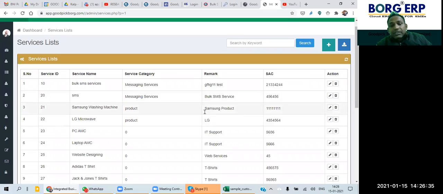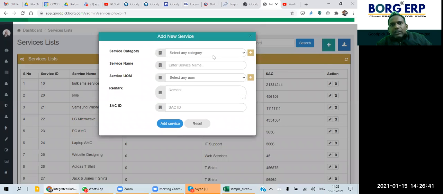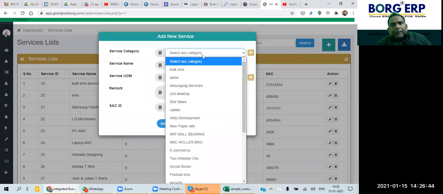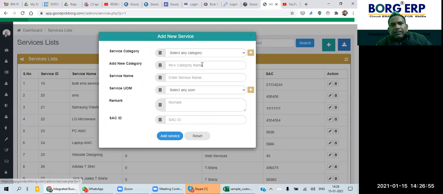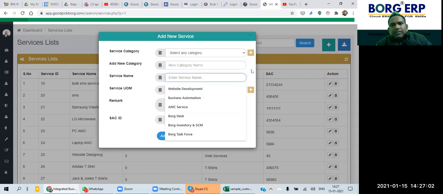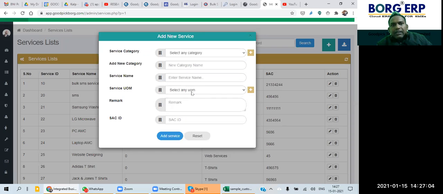We can set our services, and we'll have to add them here one by one. If we already have our services in the system, then it's okay. Otherwise, we'll have to click on the plus sign, add new category. Then one box will open. We can name the category here. Then we can name the service. And here is the UOM, unit of measurement.